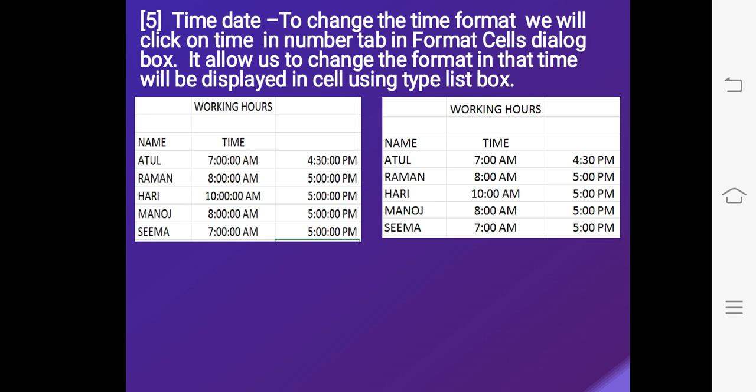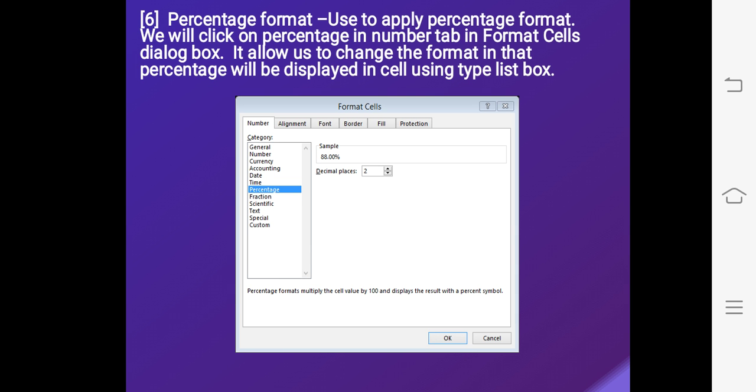Time data. To change the time format, we use time in the number category, and also we can change the format in which the time is displayed. Percentage format.